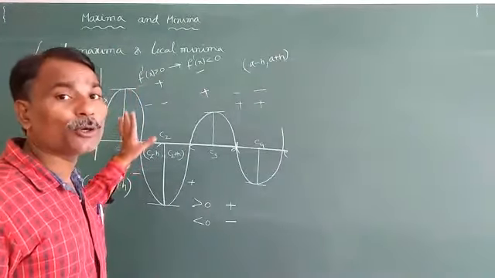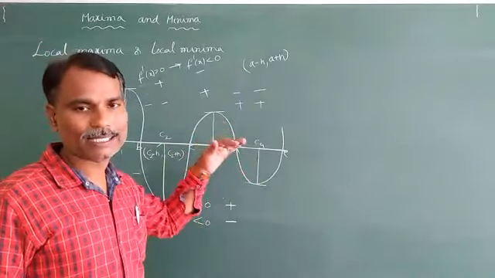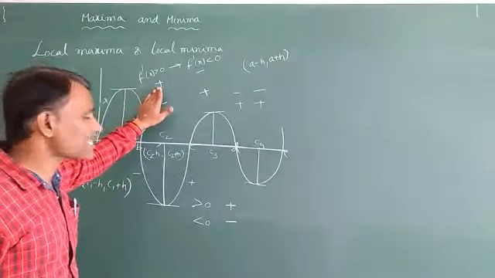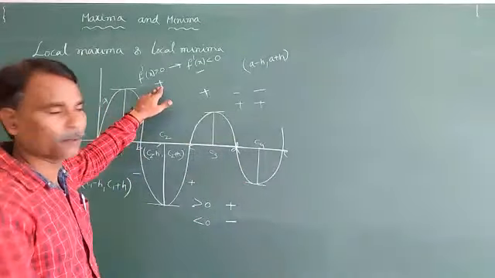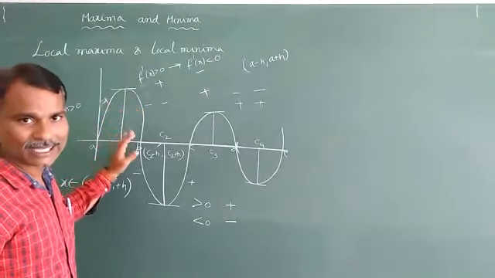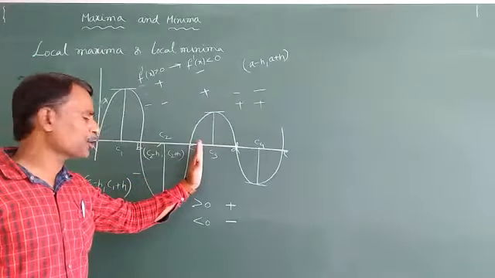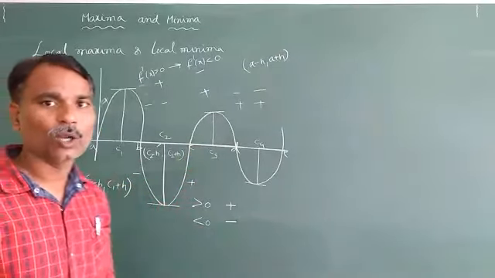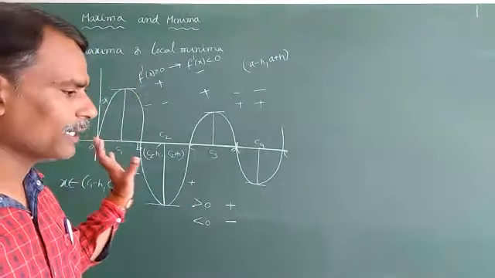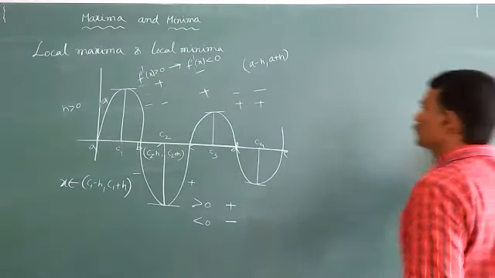And how do you understand it? Where do we get local maxima and local minima? Where the plus value changes into minus value, that is local maxima, and where the negative value changes into plus value, that is local minima. So like that you have to remember it and understand it. The next one is